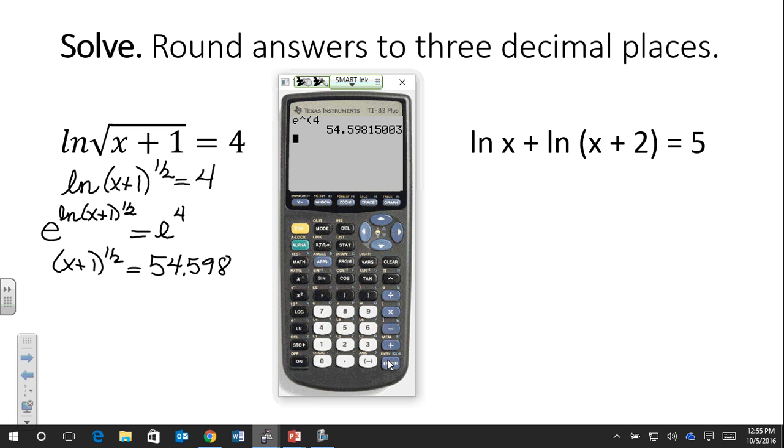Now, what would we do to get rid of the 1/2 power? We want to take that times 2, right? We're squaring it. So we square the other side, and we get 2,980.5958. So if we subtract 1 from that,